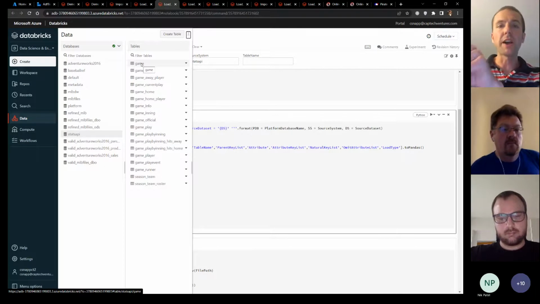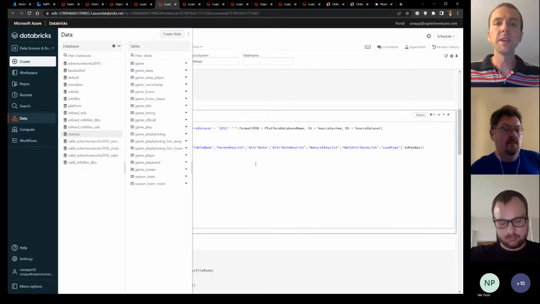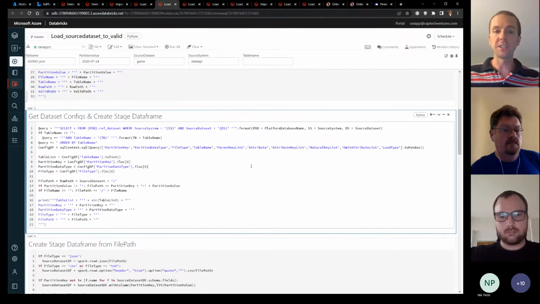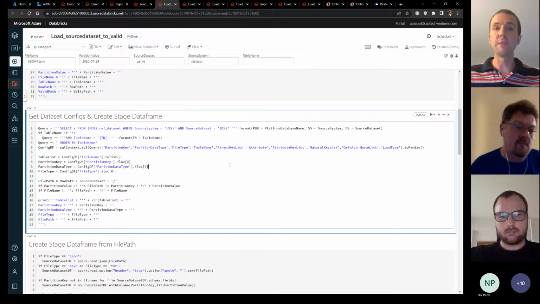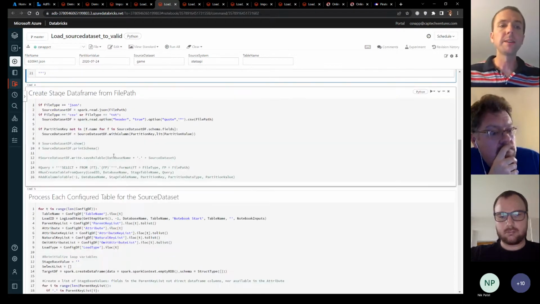So that game file I showed, I actually broke it into 14 different tables, and they're all listed here, based on the complexity of where the arrays lived and how many elements were in them, to make it scalable to actually analyze. I did all the work to figure it out, but I put it all in a configuration table. Now I'm looping over that configuration table to say, when you give me a file, go dynamically decide how to process that file.